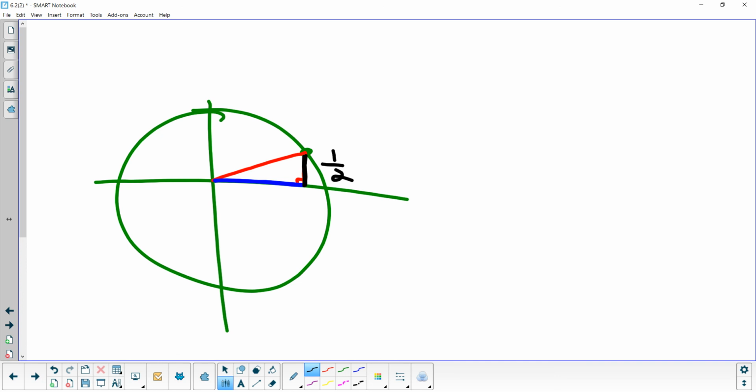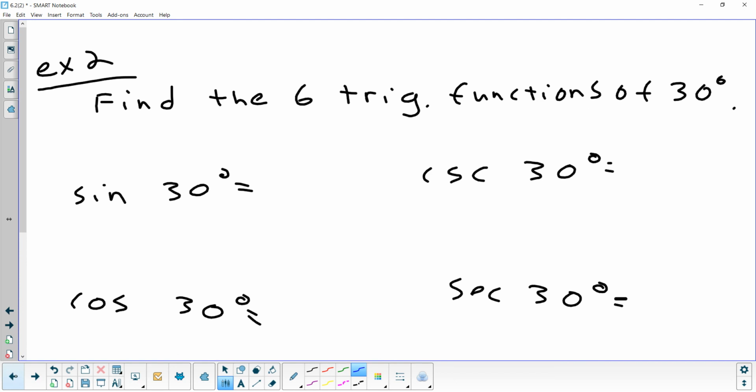And the long side is always, yep, Jake, square root of 3 over 2. Now I can easily see the coordinate for 30 degrees. X is √3/2, y is 1/2. Just by making a quick sketch. √3/2, comma,